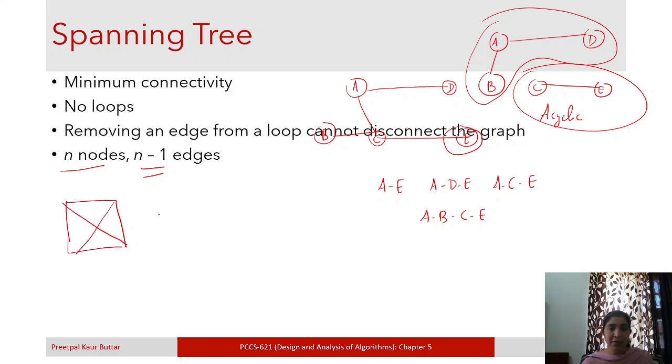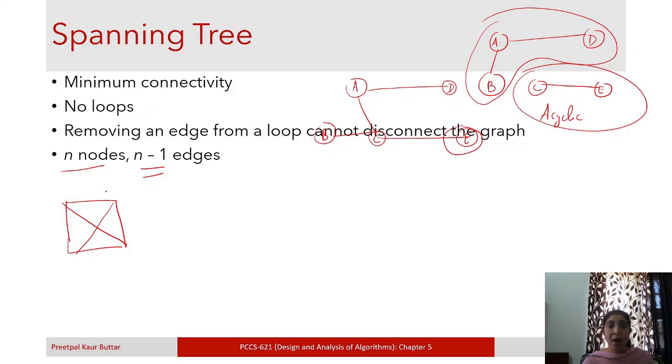Okay, so to elaborate more, let us take the example of, for example, this graph. Okay, so this graph is a spanning tree, right? Why is this called a tree? Because this is acyclic, right? Trees are acyclic, and in this graph, if there are n nodes, then there are n minus 1 edges. In trees also, for n number of nodes, there are n minus 1 edges, right? So this is a spanning graph. In particular, we can say this is a spanning tree, right?